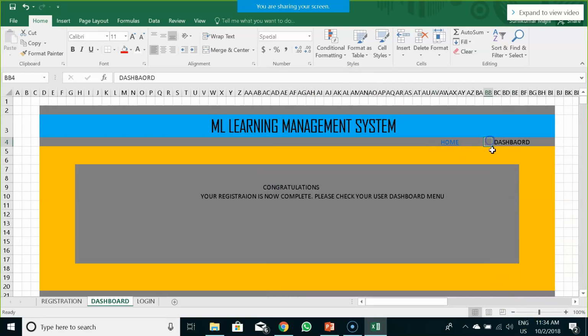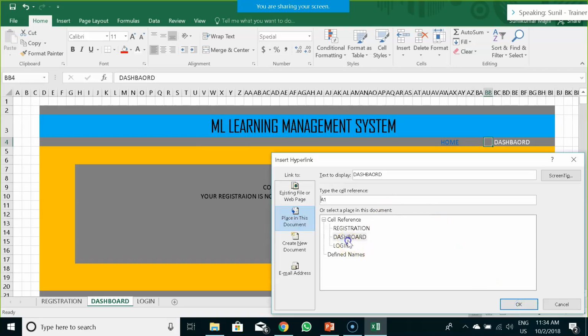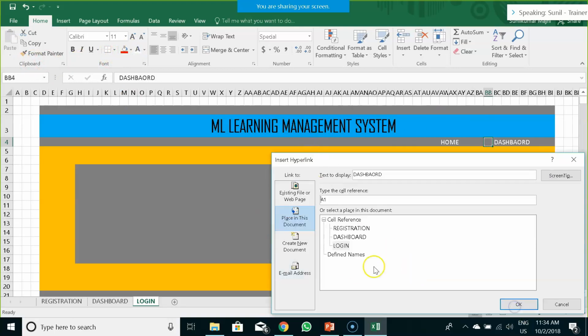Home screen is done. Now we have the dashboard as well. For the dashboard, we would do the same hyperlink, which is the dashboard screen itself. Now in the login screen, we also have a dashboard. I'll first change the color of that particular dashboard and create a hyperlink wherein he would be taken back to